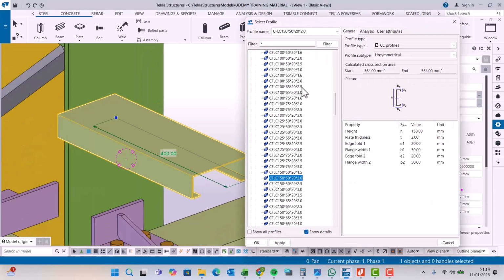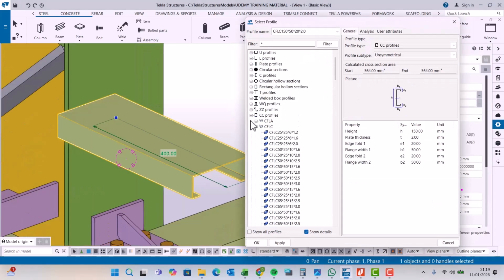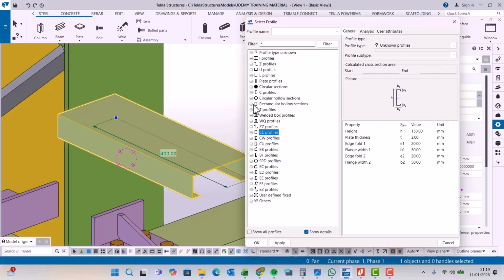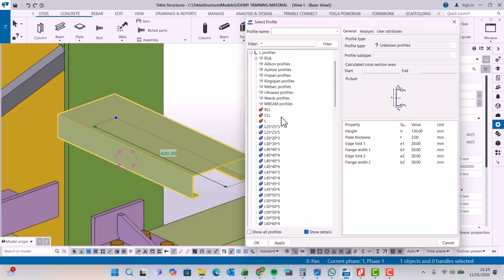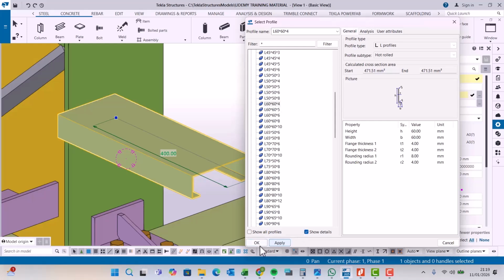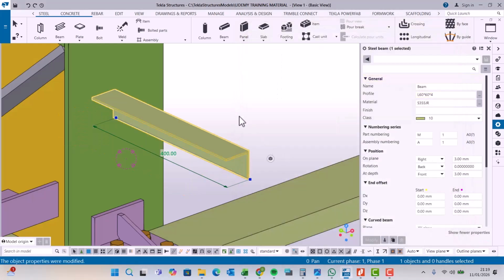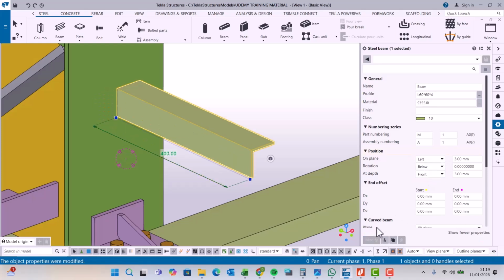So my bracket will be an angled profile, back to back. So let me just come to the angled profile here, and I'm going to pick 60 by 4, and I'm going to pick up that, and that's it. And let me come here and rotate that to below, and I think that is okay. So let me shift it to the left, and I want this in the